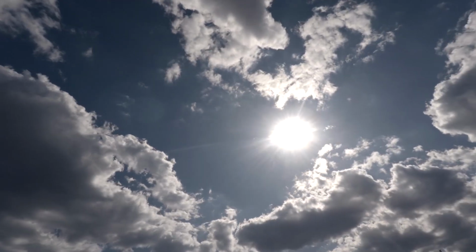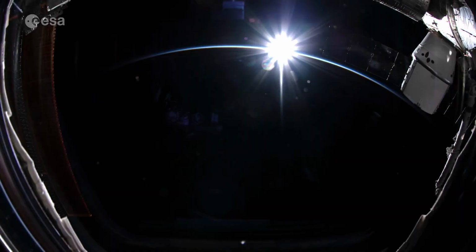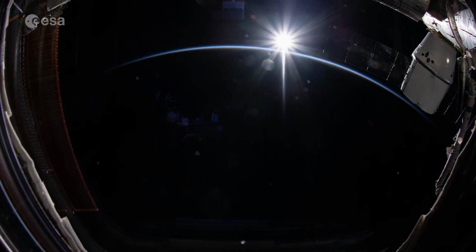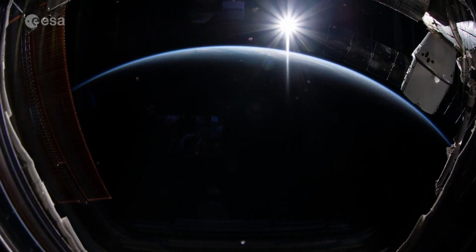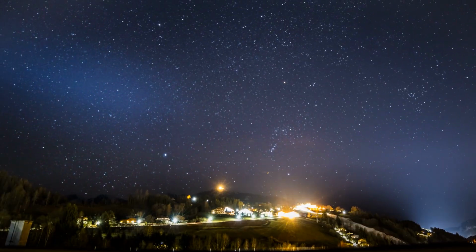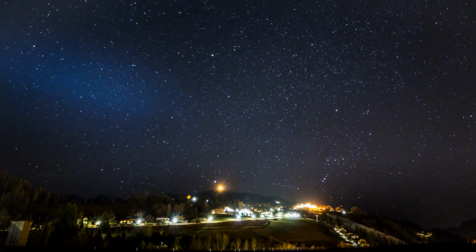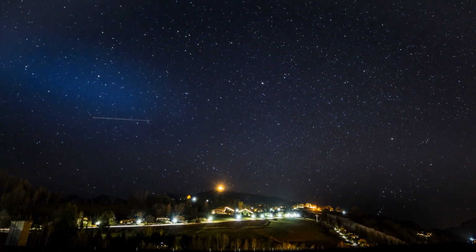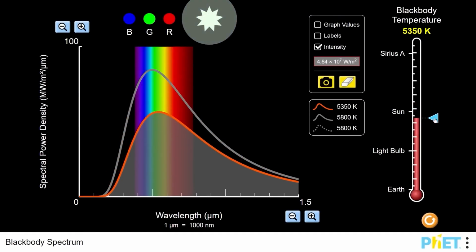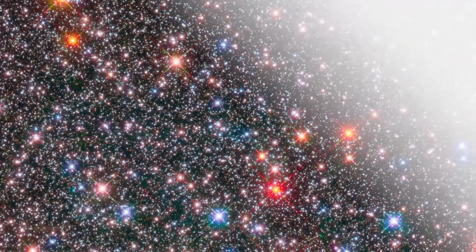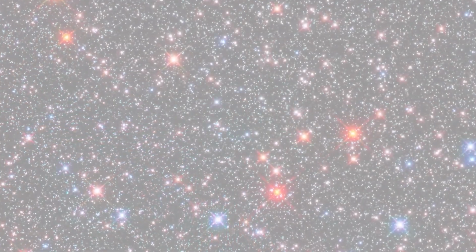In that simulation, the sun appears slightly yellow-white. Does that mean the simulation is wrong? No. Pale yellow-white is actually the sun's true color, not pure white, as astronauts often see from the International Space Station. That's because a star doesn't emit radiation at just one wavelength, corresponding to a single color, like yellow, orange, blue, or red. Instead, it emits across a very wide range of wavelengths, including the entire visible spectrum. And we all know that combining all colors produces white. White light essentially washes out the dominant color of a star when observed by the human eye.